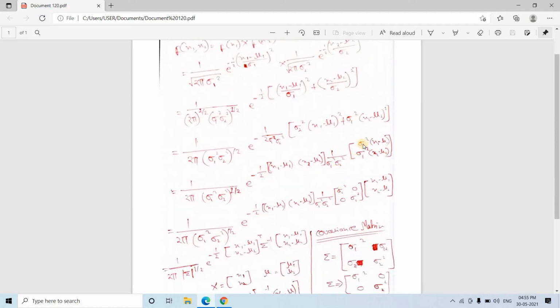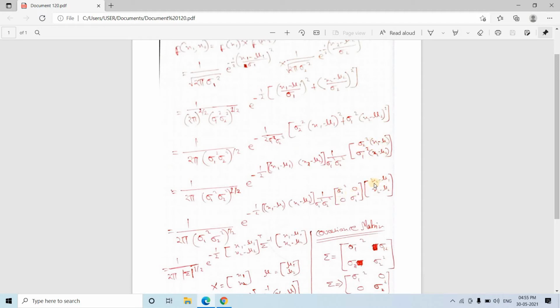Okay, right, now see here how the pattern is, sigma 2 square multiplied by x1 minus mu1 and here sigma 1 square multiplied by x2 minus mu2. This particular matrix I can split like this. Okay, see this side I am keeping as it is, no change. Here 1 by sigma 1 square sigma 2 square is there, here also it is coming. Here this particular single matrix I am splitting into these two. Check whether the multiplication of these two matrices gives this or not.